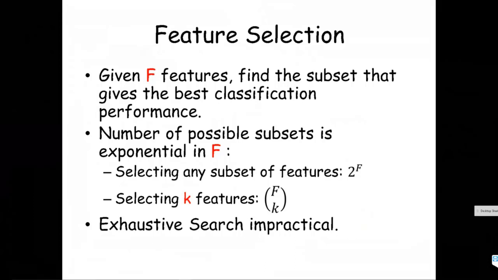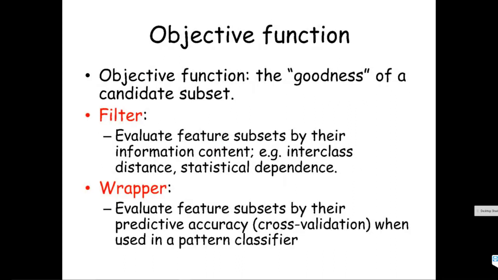Okay, so we don't have the luxury and the time, computational time, to test all of those 2 to the power F possibilities. Whenever you have a search problem and you don't want to exhaustively search all the options, you have to use an optimization procedure to give you a good enough result. The optimization function that we described earlier can be applied here, and we're going to see some examples in a few slides. So the objective function, which defines how good a candidate set is,